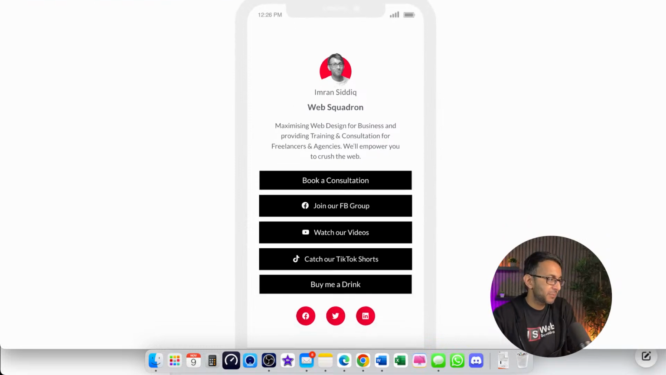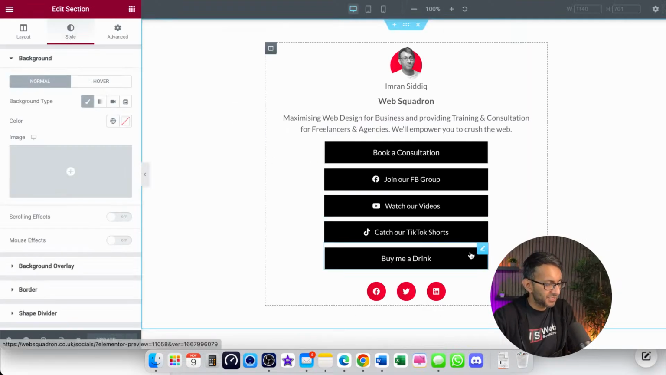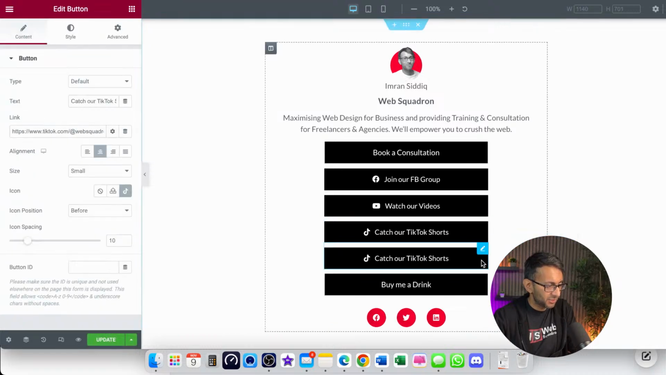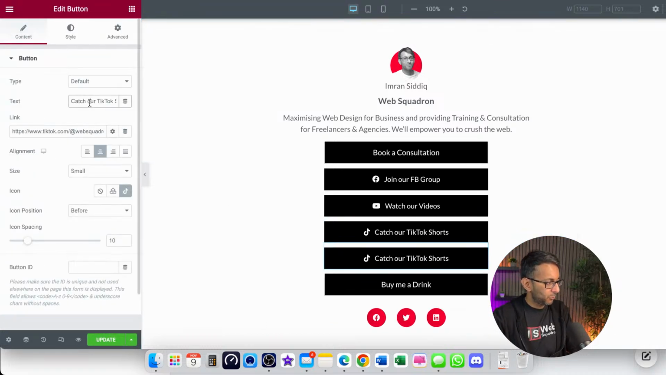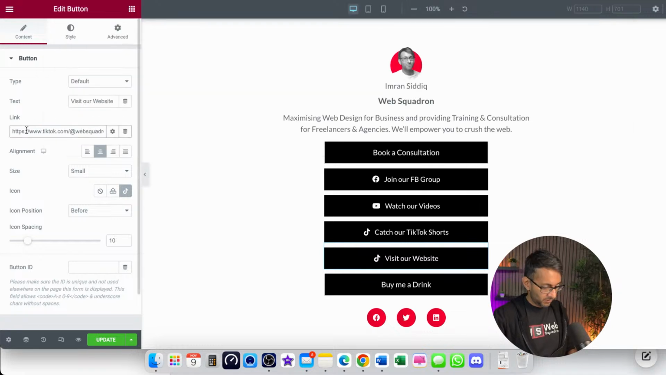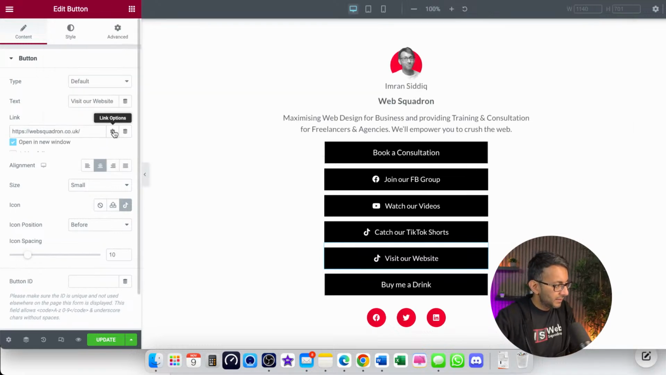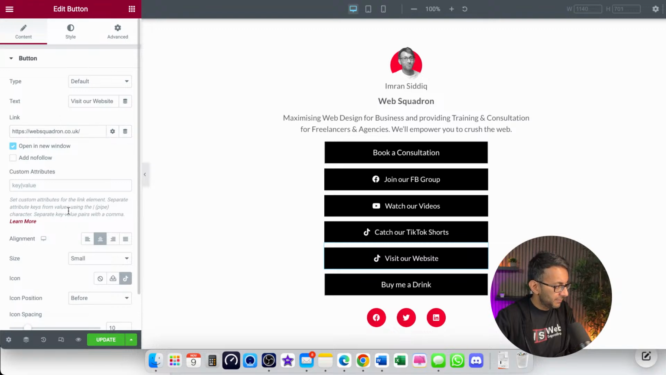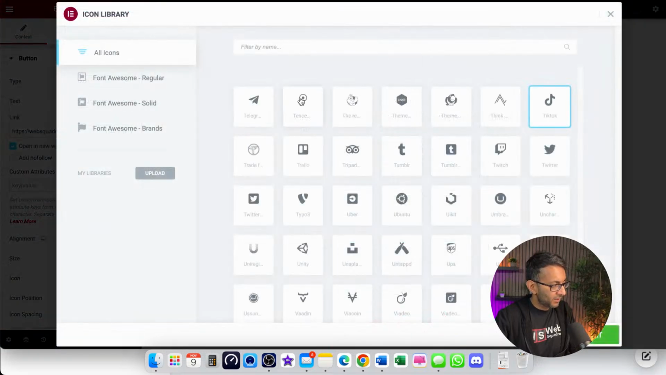I mean, I still have to put a link into our website, which is a bit stupid, isn't it? Look, I haven't even got a link for our website. Let's do duplicate. Let's just pop one in with "visit our website", which would be that URL. Okay, open a new window. Yep, that's all fine. And for the icon,